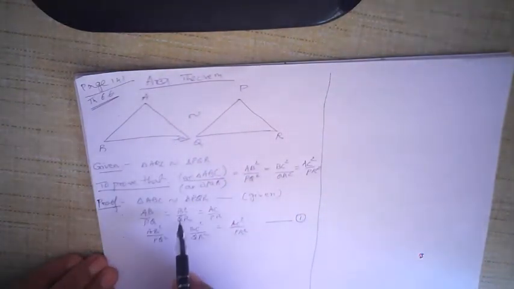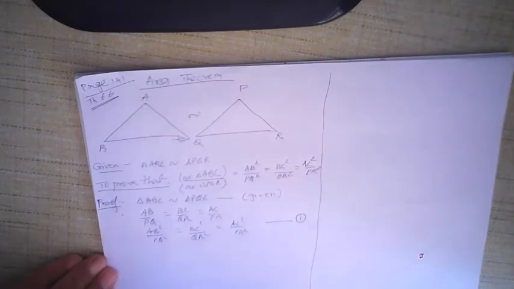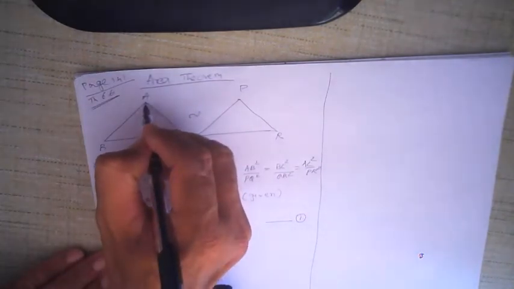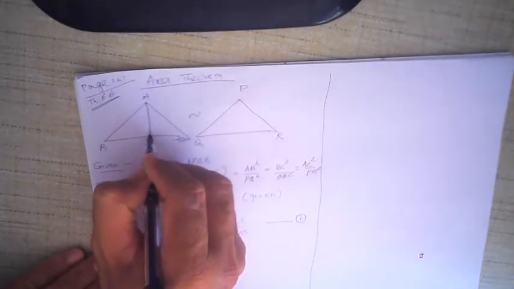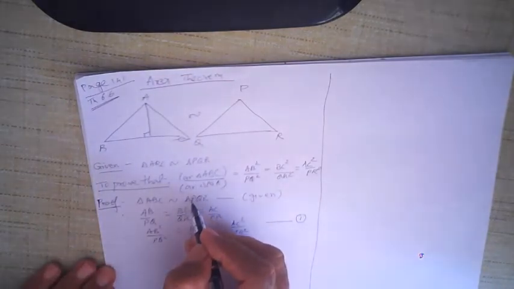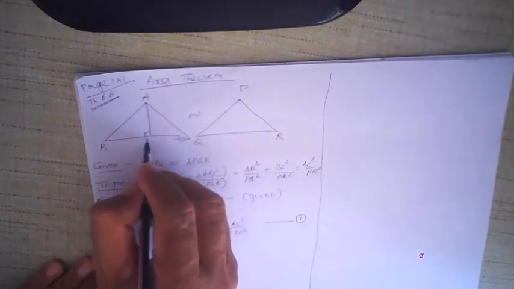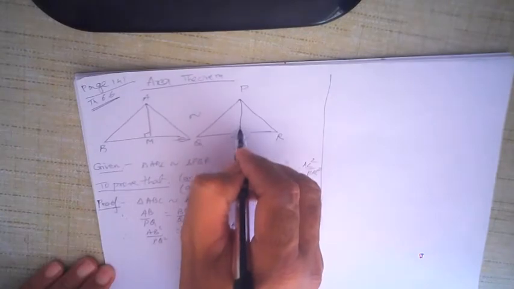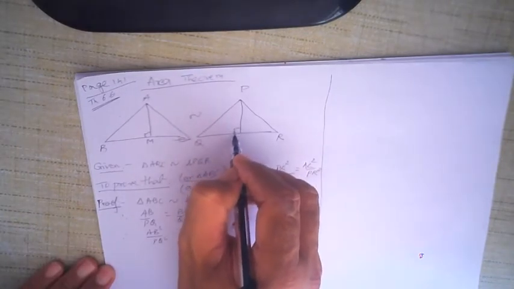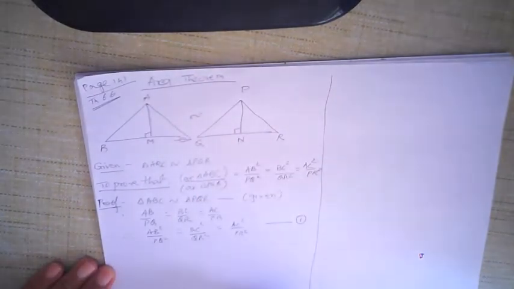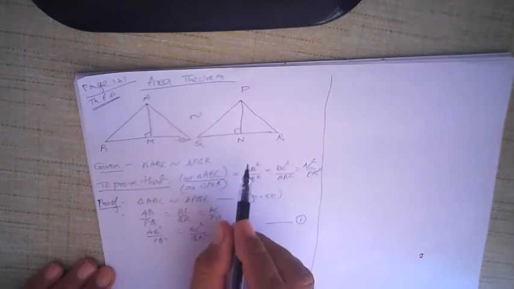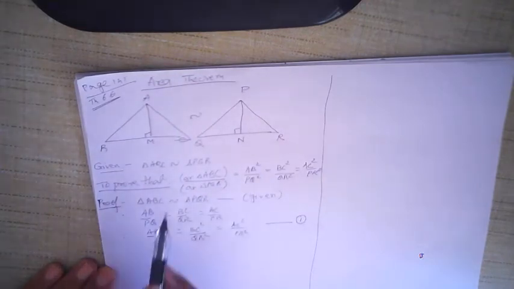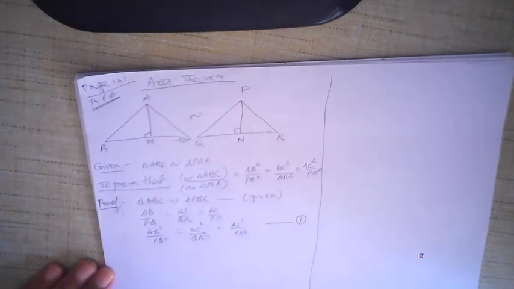Now we are given the triangles are similar, taken the ratio of the corresponding sides and squared it. Now, if I want to find the area, then I must have a perpendicular. I must draw altitudes. Let us suppose this is an altitude and this is an altitude. I have taken two altitudes here. Why do we require altitudes to find the area of a triangle? Area of a triangle is equal to half into base into altitude.